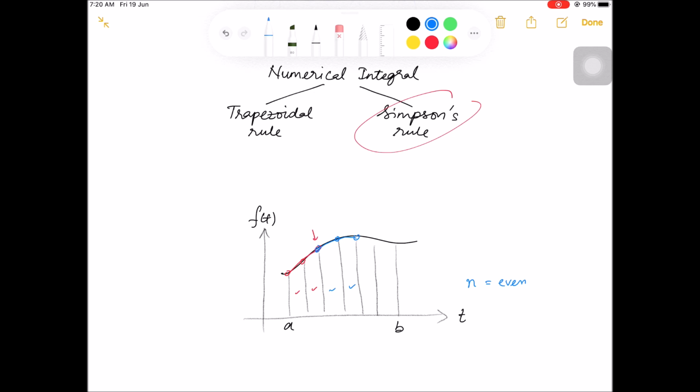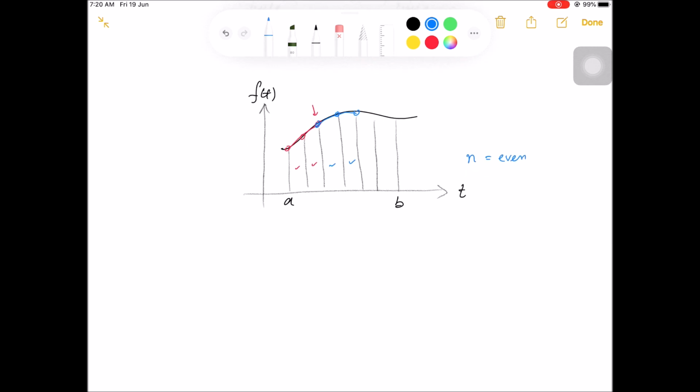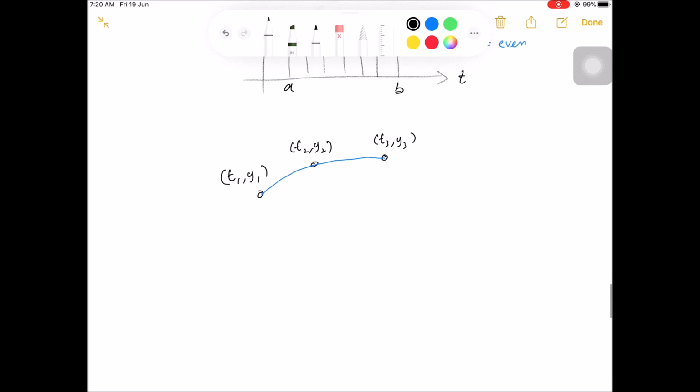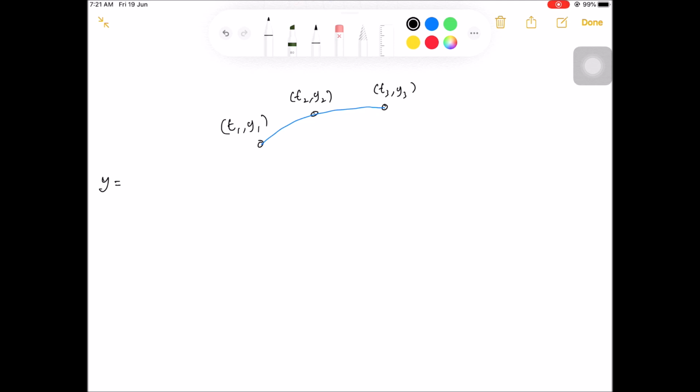Before we proceed any further, we need to know what is the equation that represents the curve that connects these 3 points. So suppose that the 3 points are t1, y1, t2, y2, and t3, y3. So using this second-order Lagrange polynomial, the equation for the curve is y equals to